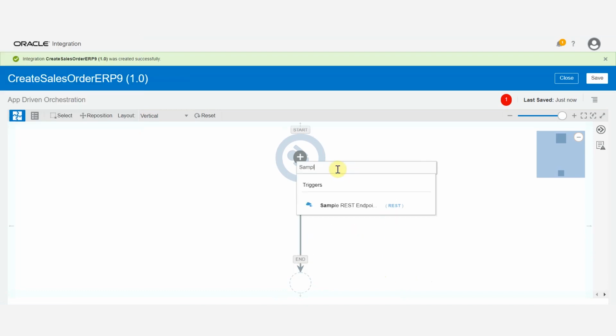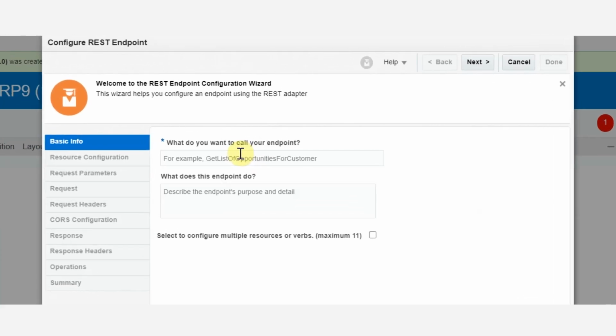In the search bar, type in sample to bring up the sample REST endpoint connection. This is a REST adapter configured to be a trigger. Using a REST trigger will expose the integration that we built as a REST API.